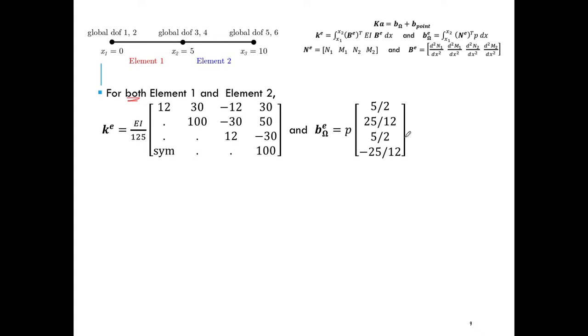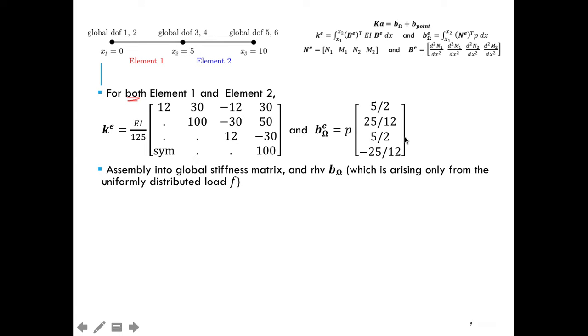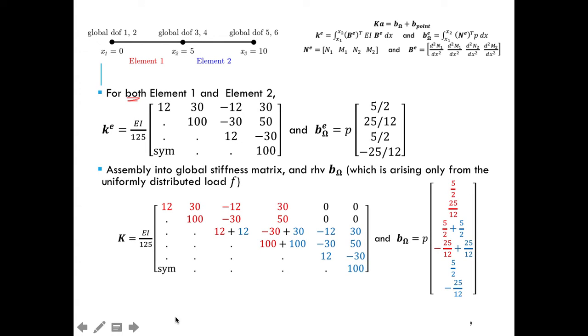Okay, so now that we have our element-wise stiffness matrix and element-wise body term, I can assemble them using our slide 7. So assembling them together, I can write down my global stiffness matrix, K, and my global body term like so. ठीक है जी, तो ये मैंने वही हमने स्लाइड 7 पे जो असेंबली का एनालिसिस किया था उसके अंदर सब्स्टिट्यूट